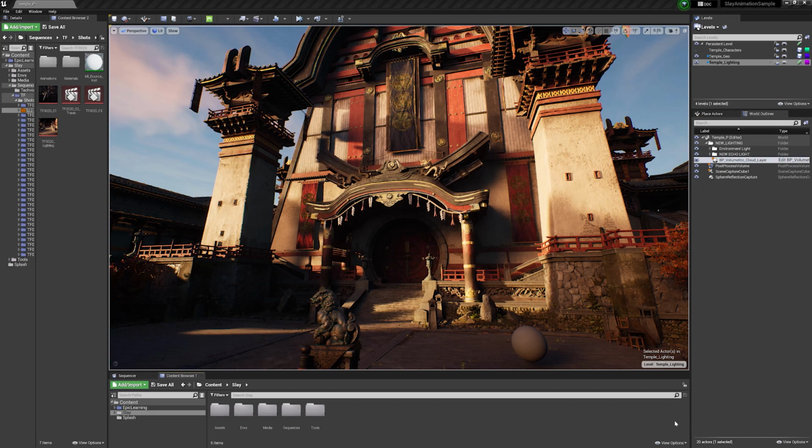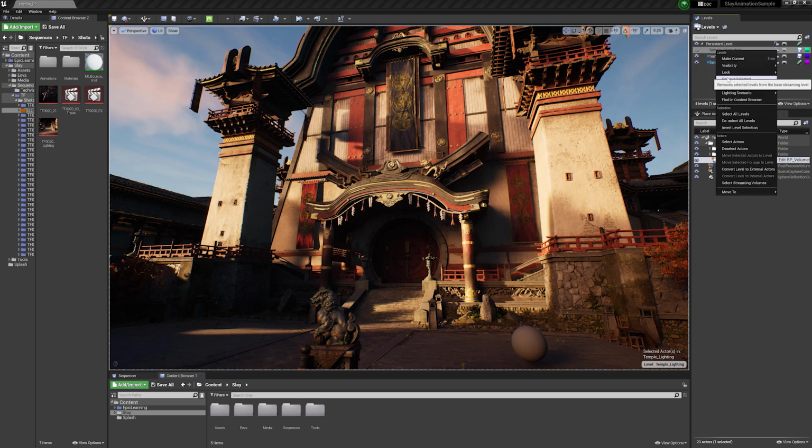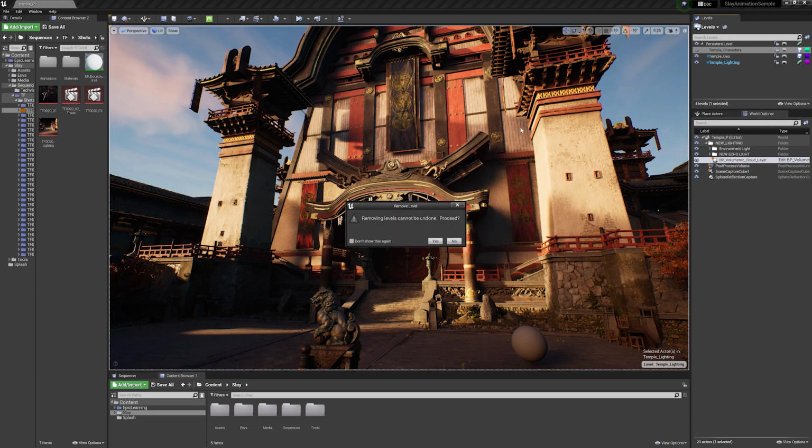Today, we're going to be taking a look at cinematic lighting inside of the Slay project. If you have not already, you can download the project from the Epic Marketplace and follow along. We'll be covering the basics of environment lighting, starting from scratch with the lights turned off and rebuilding the lighting along the way, so that you're able to either follow along with the project to make tweaks to the lighting or possibly even have the confidence to build a lighting scenario of your own. With that said, I hope you enjoy the process, and let's get started.